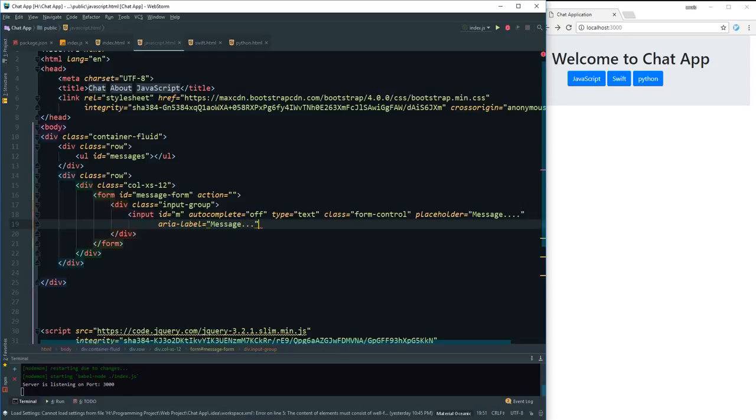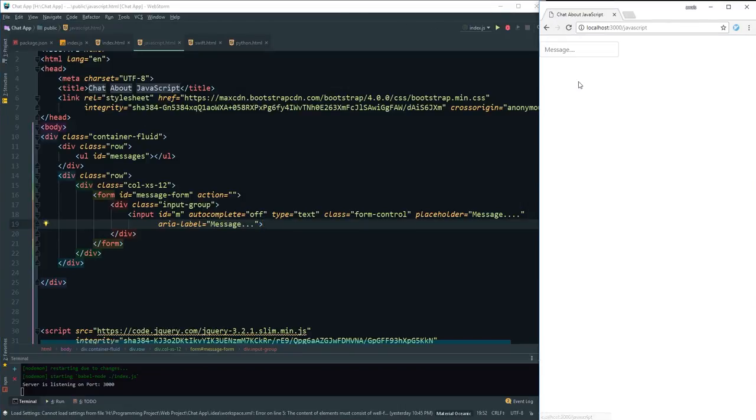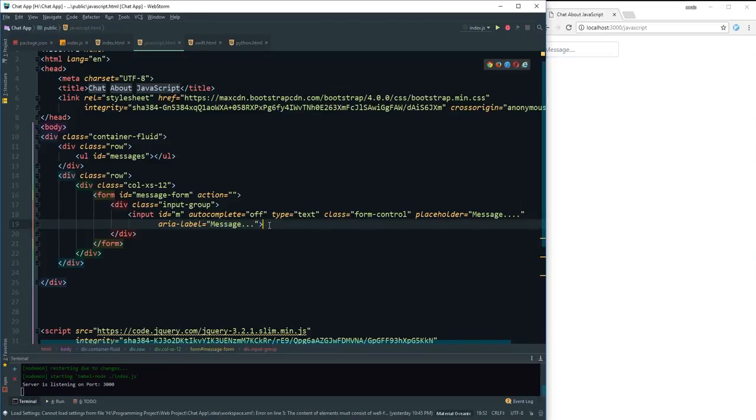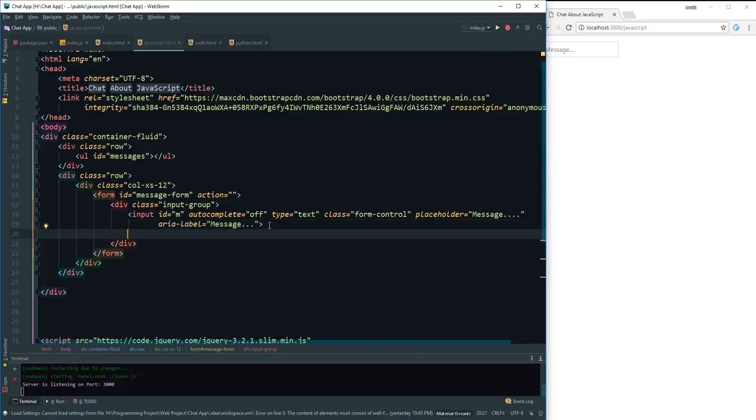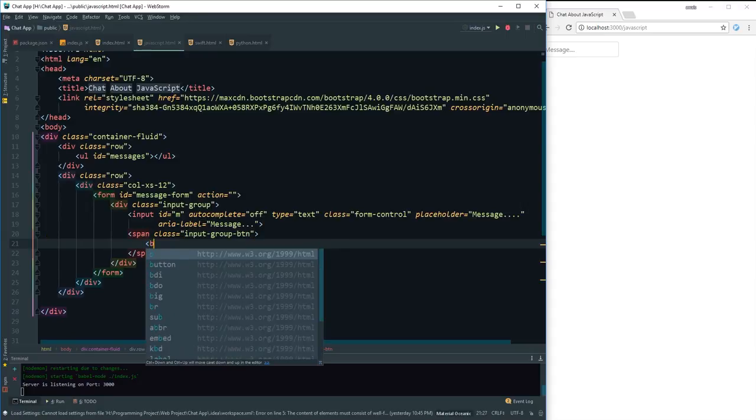Alright, so now let's go and take a look at what we have so far. I'm going to save the file. Let's refresh the browser. I'm going to click on JavaScript, and here we can see we have a message input field. Now let's go and create a span. So we'll just say a span and use a class from Bootstrap, input-group-btn, right? And then inside that we create a button,